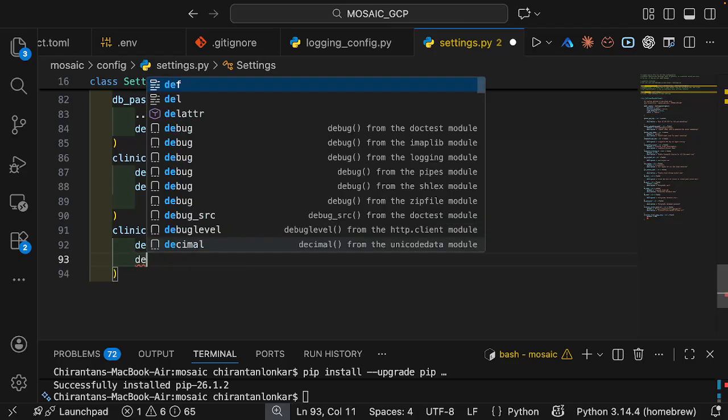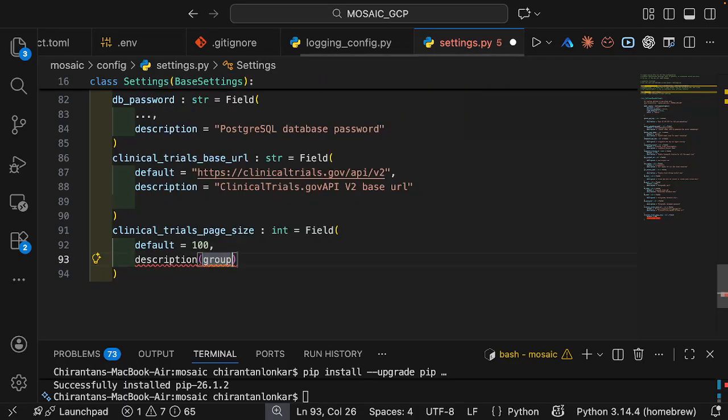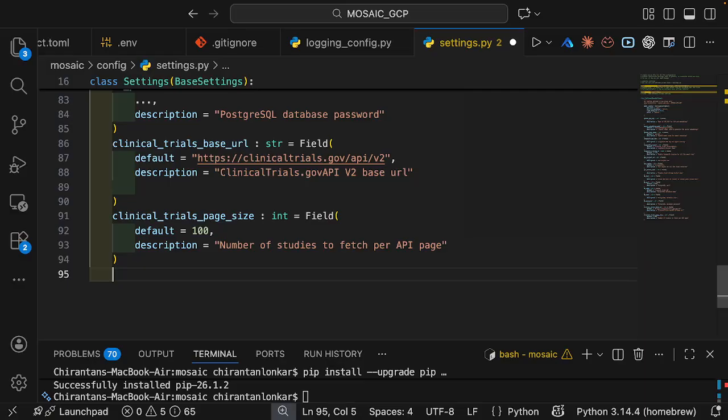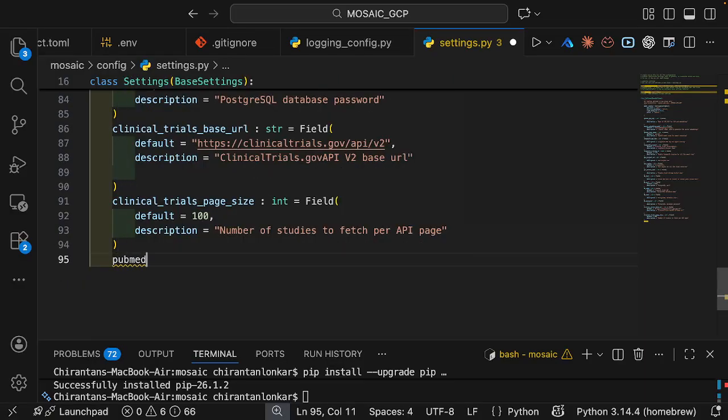Cool. All right, and then I am going to define the description here, which is number of studies to fetch per API page. Looks good. All right, now I'm going to define that of PubMed, which is our second source from where we're